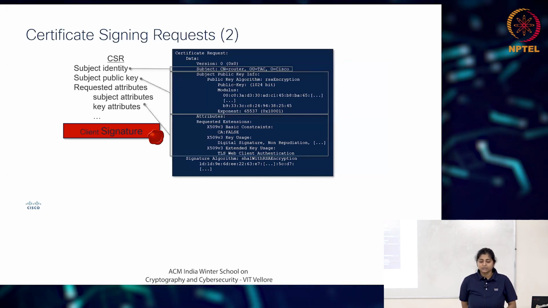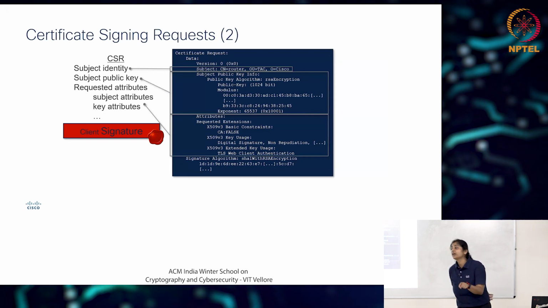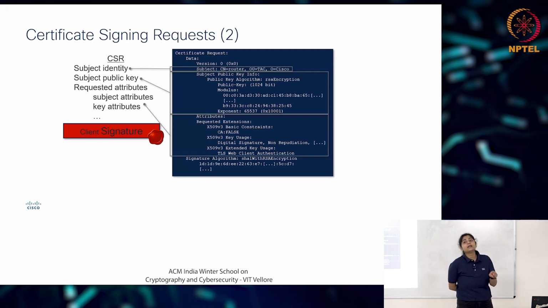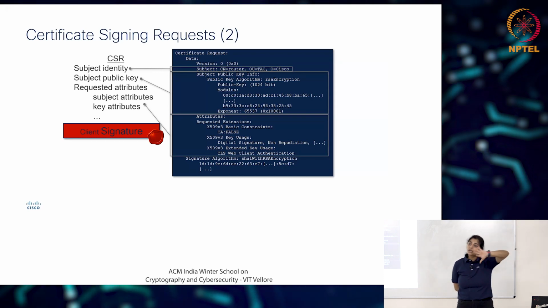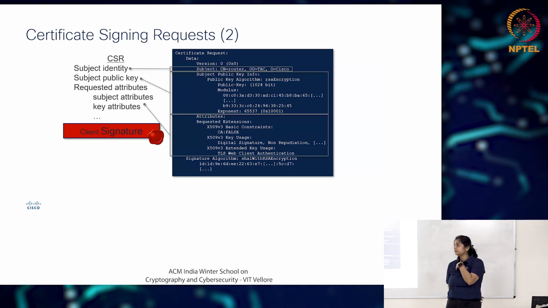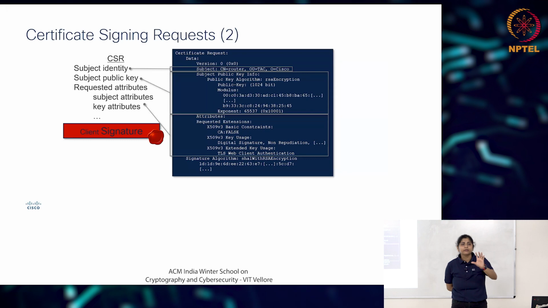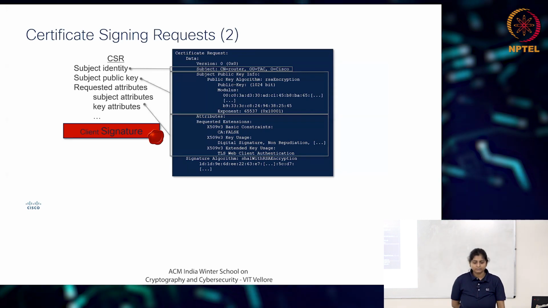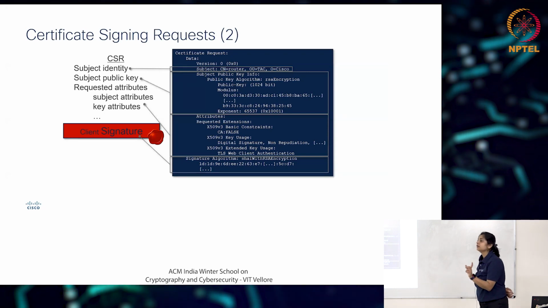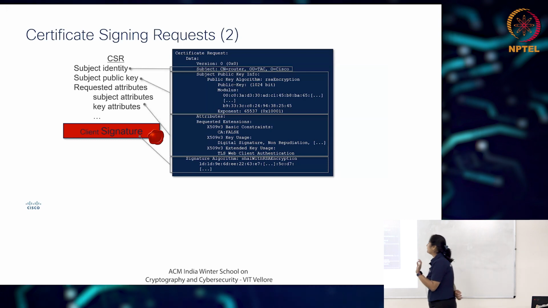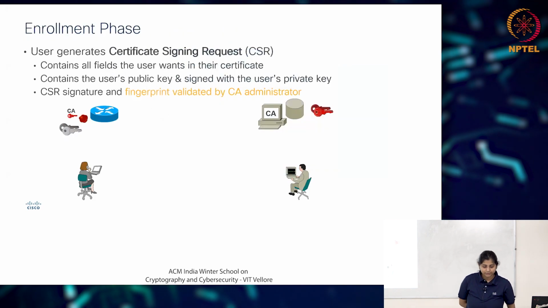You have all the attributes. Are you a CA? See here, it's false, meaning it cannot issue certificates to anyone else. This is an identity certificate. We already had the CA certificate in our system. We downloaded it. Now we are using the same CA to get our own certificate. By we I mean network device, endpoint, it can be anyone. And the client signature, which is created by encrypting your private key and creating a hash of it. I think that process is.